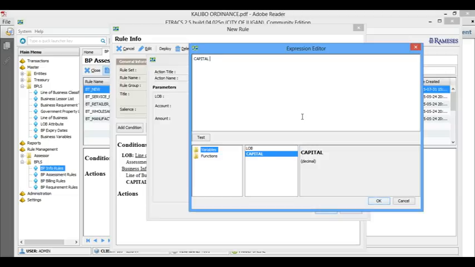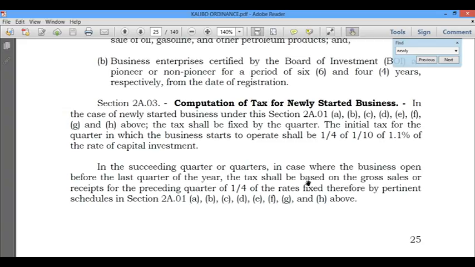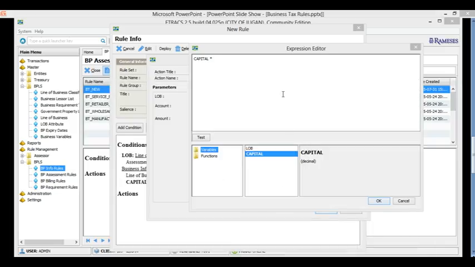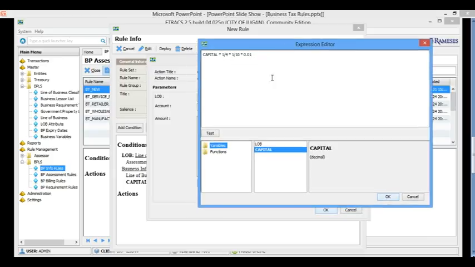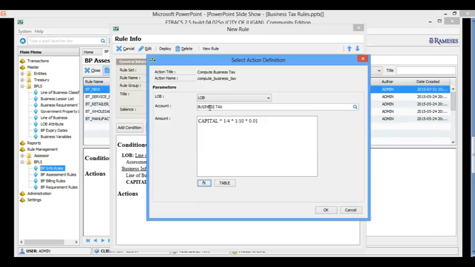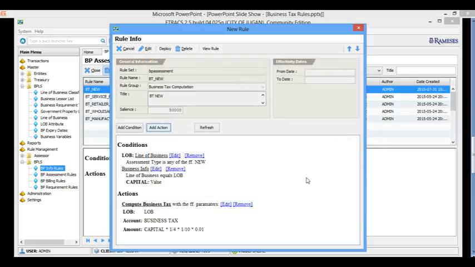So we'll just multiply whatever capital they mention times 1/4 of 1/10 of 1.1%. So that will be 1/4 times 1/10 times 0.01 because that's the percent, no? So that's the rule that we will create. Okay, so just click OK, and this basically applies already to all line of business.